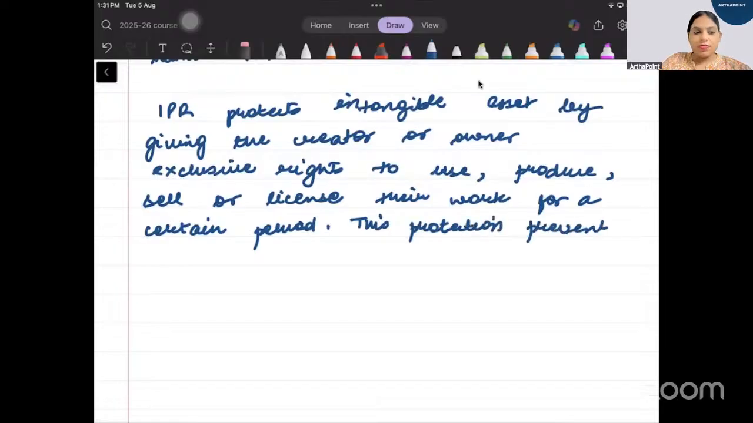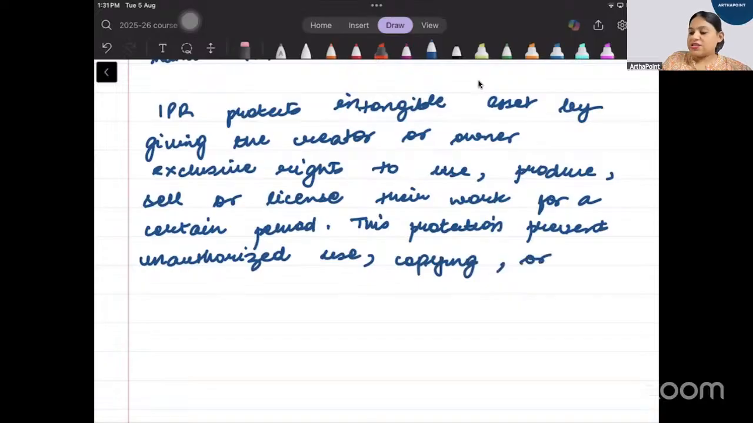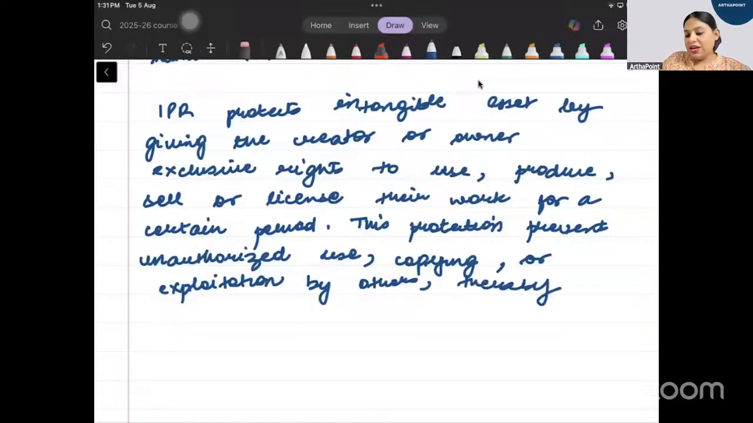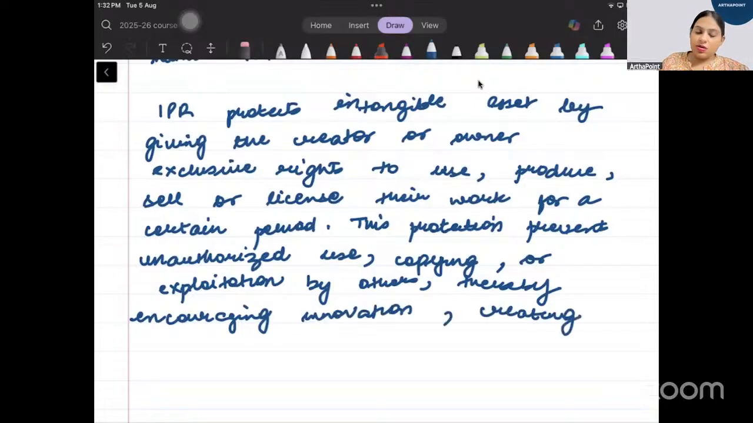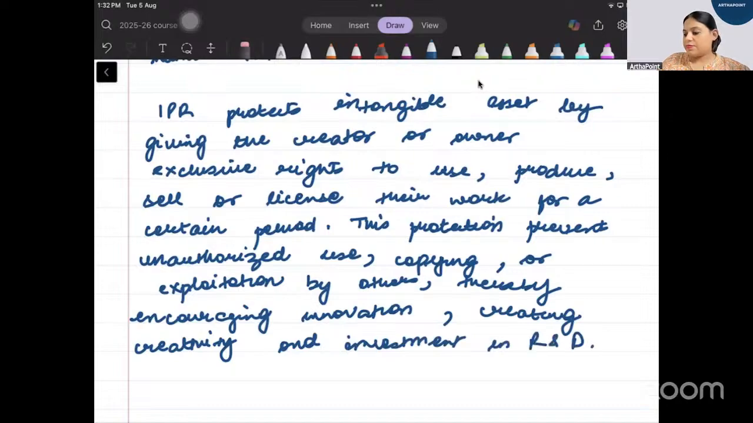prevents unauthorized use, copying, or exploitation by others, thereby encouraging innovation, creativity, and investment in R&D. इन्वेस्टमेंट इन R&D। तो इन वेरी सिंपल टर्म हम क्या बोल रहे हैं, जिस इंसान ने जो चीज बनाई है